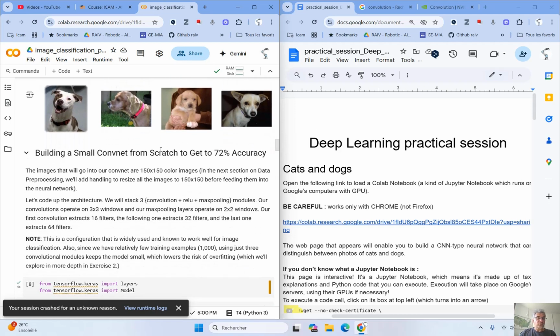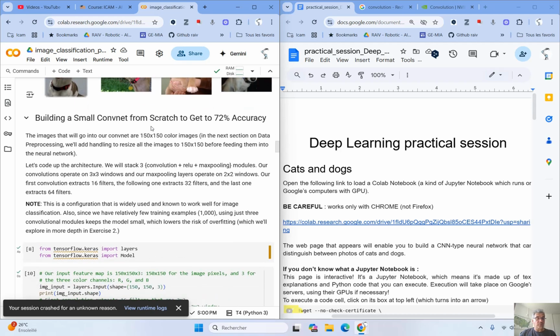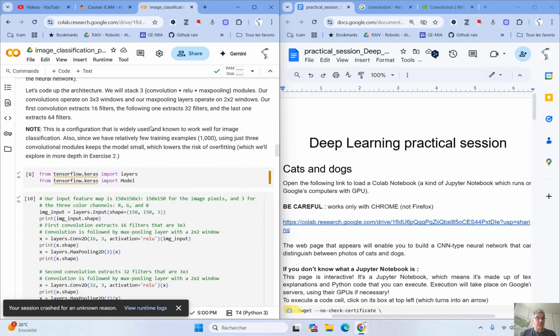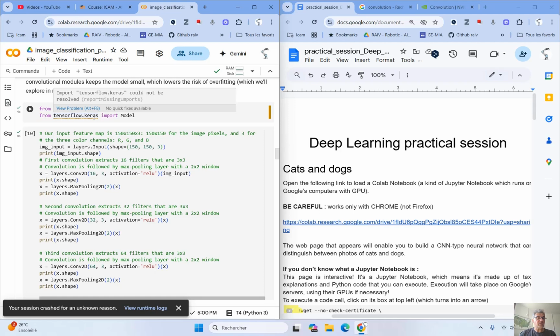So now we will build a network to train with these images. We will build this network with the Keras library. With the Keras library, we must describe the model as different layers and describe each layer one after another.